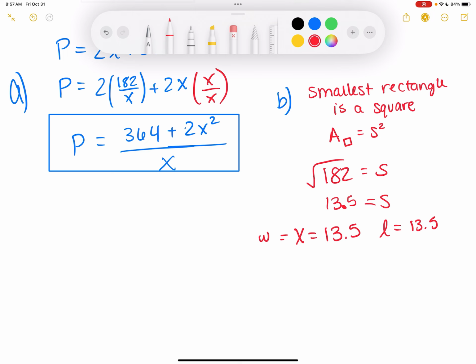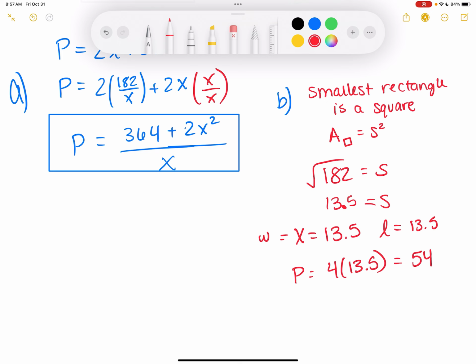I can use the area of a square because a square is the least rectangle, or I can use the 2L plus 2W. Okay, that makes sense. And plug in these two numbers for it, which you're going to get the same thing. I would probably just do 4 times 13.5 and get that value, which I didn't multiply yet, because the perimeter of a square is 4